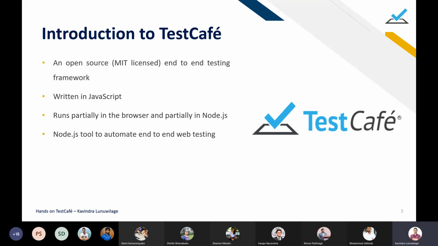This slide talks about the basic introduction to TestCafe. As you can see, the TestCafe automation tool is an open source end-to-end testing framework. End-to-end testing means a methodology that tests whether the flow of an application is performing as expected from start to finish. To give you an example,